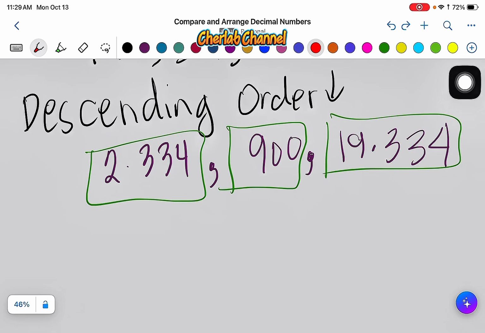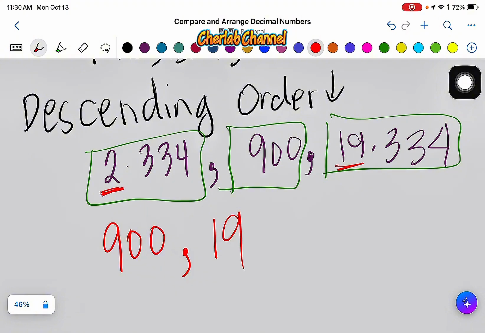So, our first big number should be 900 followed by what? Titingin tayo sa unang digit. 2 and 19, which is bigger? Of course, it's 19. So 19.334 would come second, and then the last one is